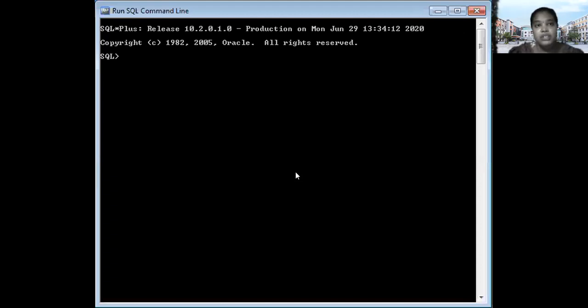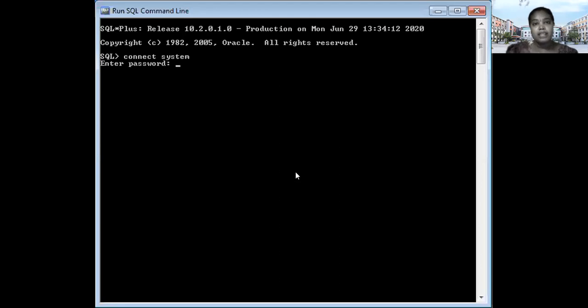First, you have to create a user. Before creating a user, you first have to connect to the system by using the connect command. Then the password: whatever password you gave when you installed the Oracle software, during that installation they ask for the password.